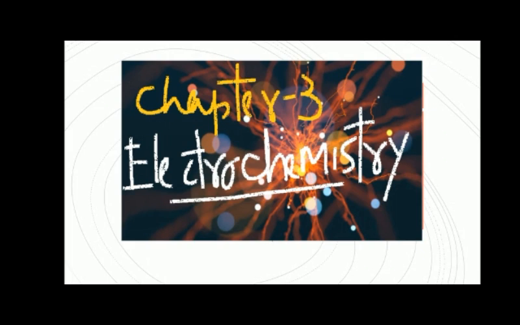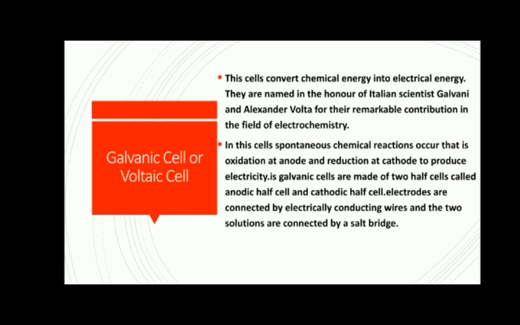This is chapter 3, Electrochemistry. This video is on the galvanic cell or the voltaic cell. This cell converts chemical energy into electrical energy. They are named in honor of the Italian scientists Galvani and Alexander Volta for their remarkable contribution in the field of electrochemistry. In this cell, spontaneous chemical reactions occur, that is, oxidation at the anode and reduction at the cathode, to produce